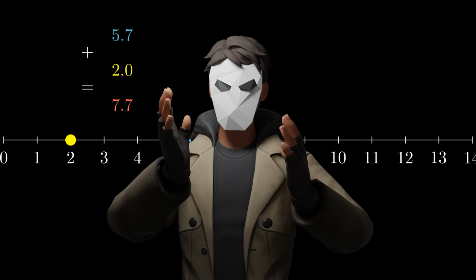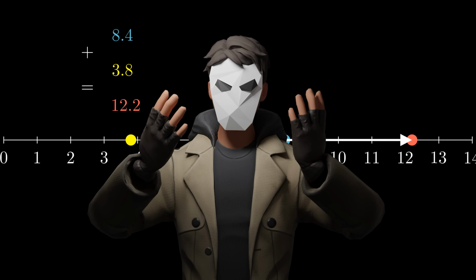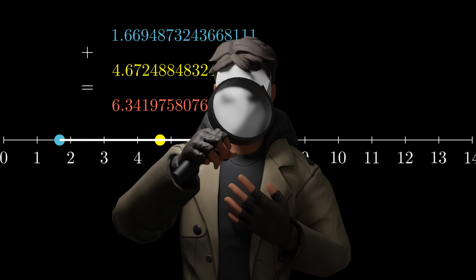It seems like it is impossible for us to combine any 2 numbers and end up with an arrow that's going left. That's how any reasonable person would end this argument, but we're not here to be reasonable. We're here to do math. So let's take another closer look at this problem.